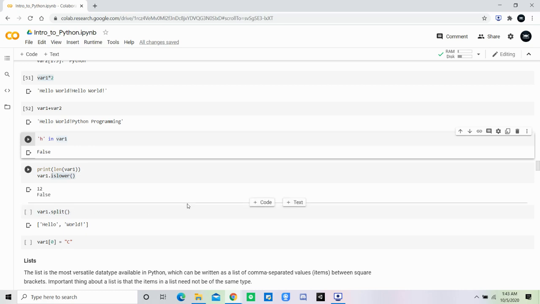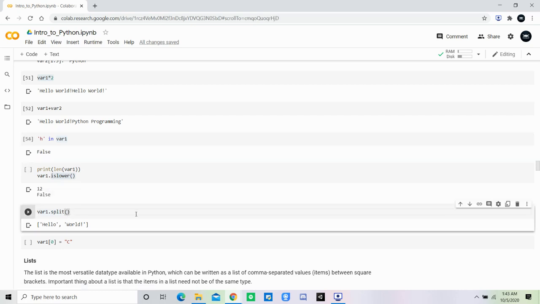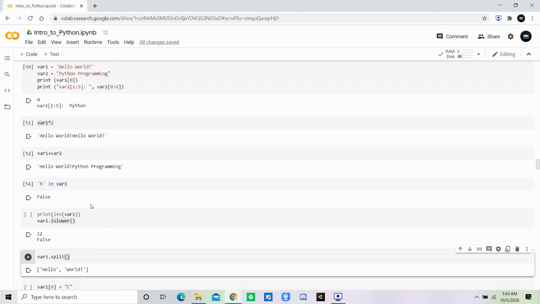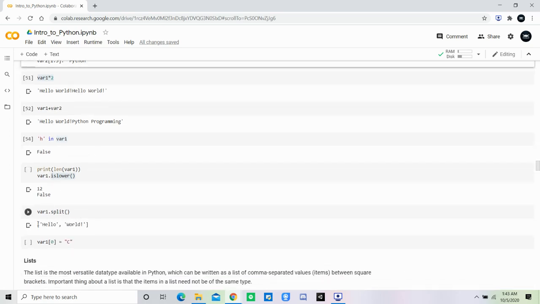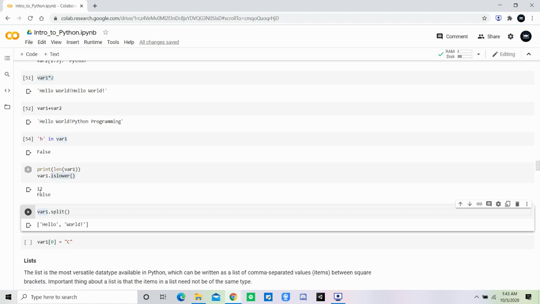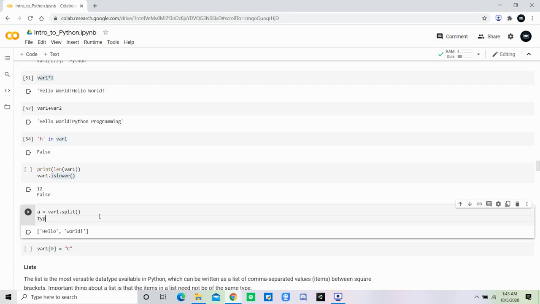The dot split function splits the string by the delimiter provided. We haven't provided anything here, so it will split by the spaces. So it has split it. Here is a space, so first is hello and second is world. So it is converted into a list. We can also store it as a variable like a. Let's see, a is equal to this, and type of a is